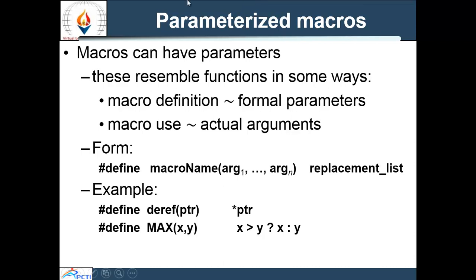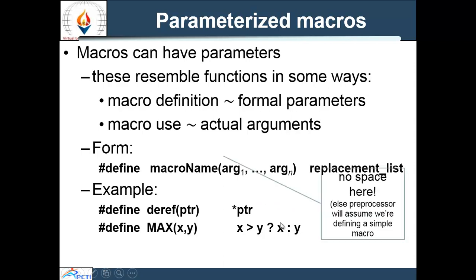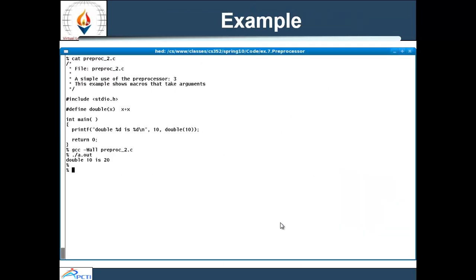It will check if x is greater than y, then it will show the result x, otherwise it will show the result y is greater. So the preprocessor will assume we are defining a simple macro. So this is the example of a macro.